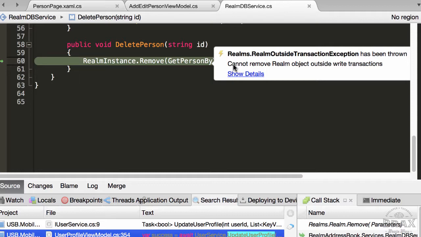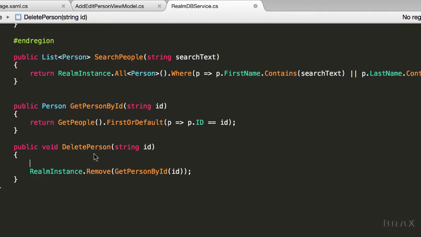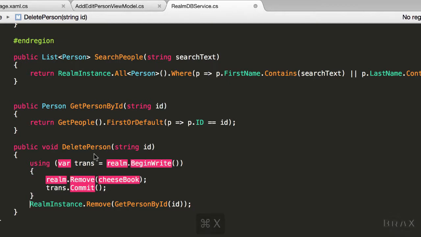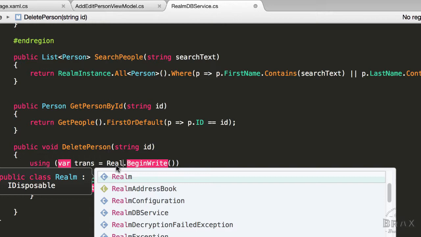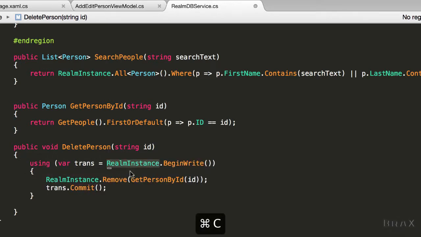And if we look at the runtime error, we see we cannot remove Realm object outside write transactions. So let's fix that. So how do we go ahead and set up a transaction with Realm? Well, I'm going to cut and paste from the Realm website. And I'm just going to change a few things here. realmInstance.BeginWrite. And so if we take a look at what I just copied and pasted, you'll see I have my using statement here. It's getting a reference to the transaction, and then I'm saying realmInstance.Remove, and then I'm committing the transaction